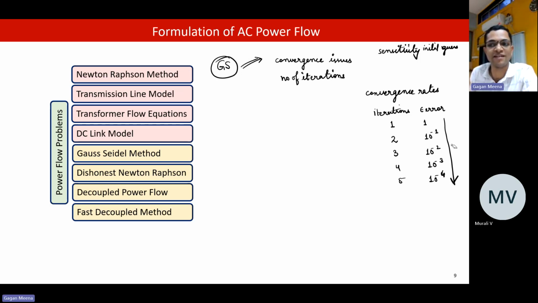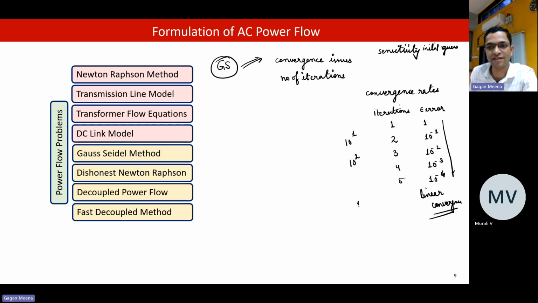This is linear. We call this linear convergence, because if we divide these two successive errors, we will get 10. So what is the power of 10? If the power is 1, then it is linear. If the power is 2,